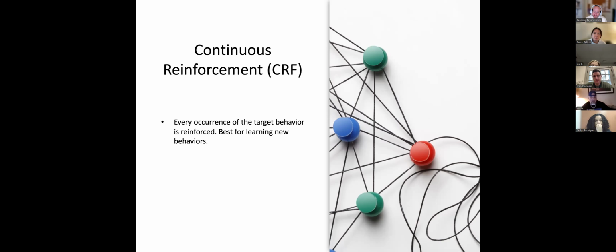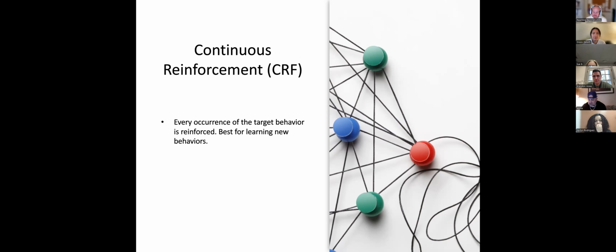But also a positive praise statement, right? Certain attention could be reinforcing to our VIP. So those are important considerations to make. It's important that we know the preferences of our VIP so we can provide things that are preferred to them after behavior occurs that we'd like to see.